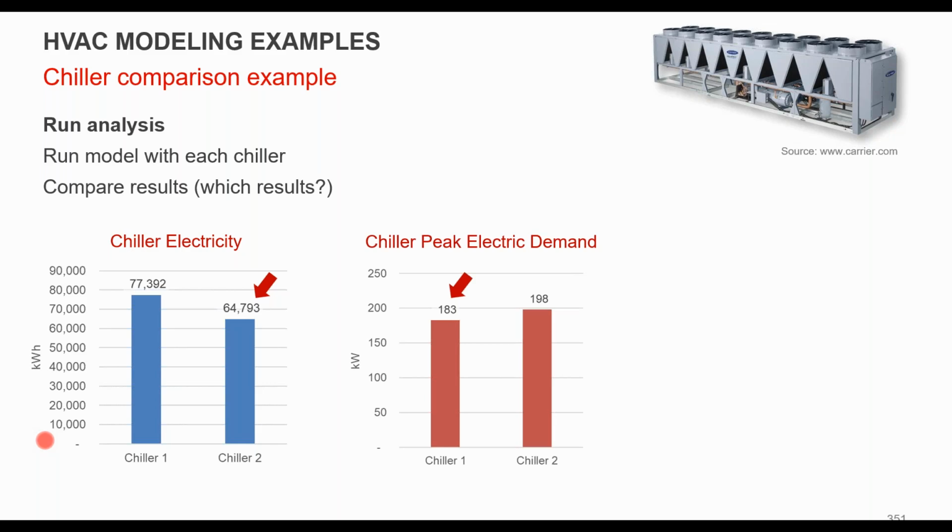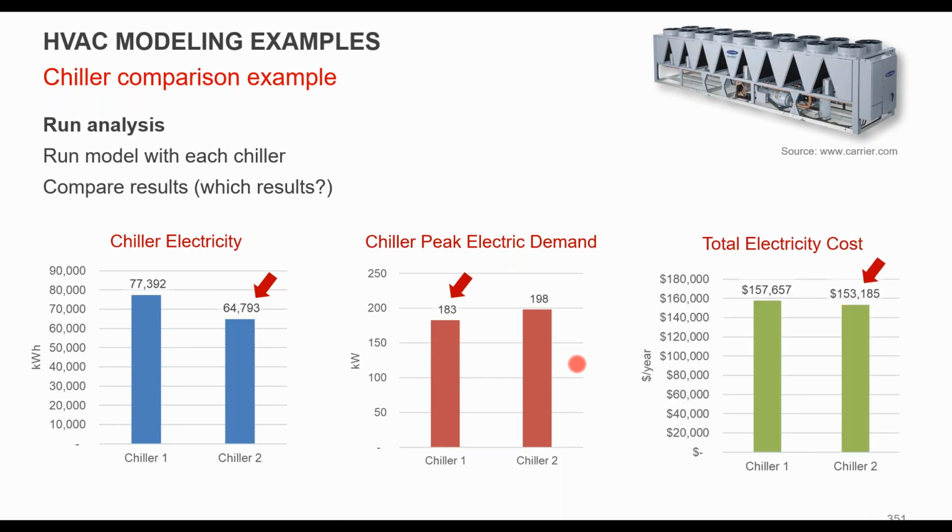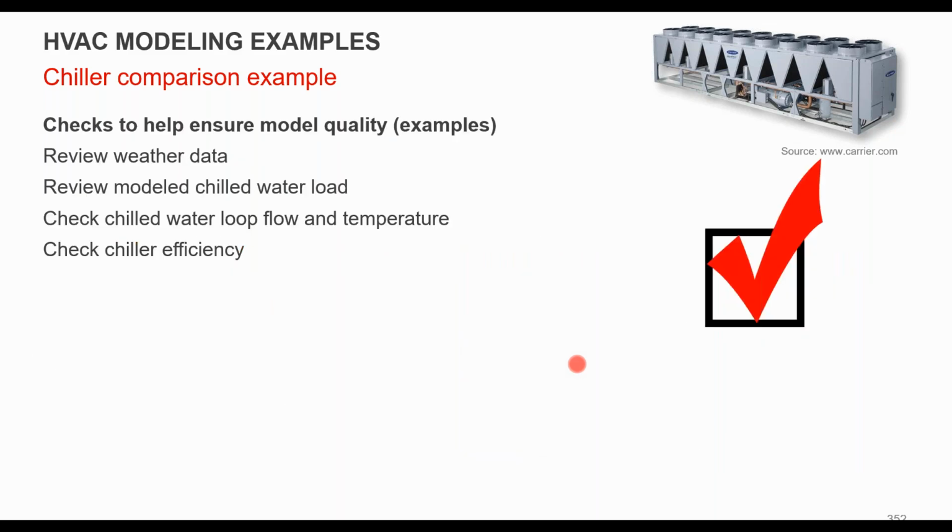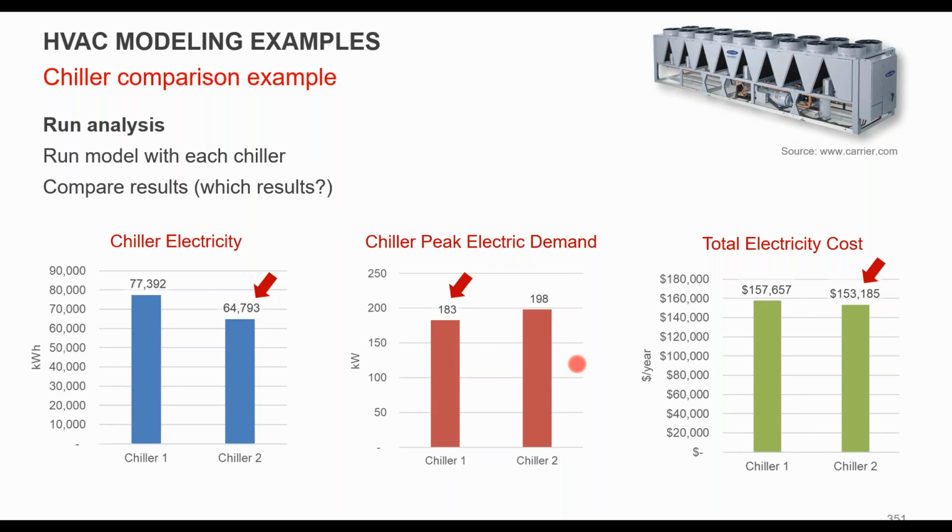In this case, in terms of total electricity, chiller 2 is using less electricity. When you look at peak demand, chiller number 2 has a higher peak demand. And in terms of total electric costs, chiller 2 is running slightly less, so $4,000 less. Again, these are just things that you might be looking at that might be important. Particularly you might be looking at demand because you might have a sizing constraint on your electric system. You could have large demand charges from your electric utility.